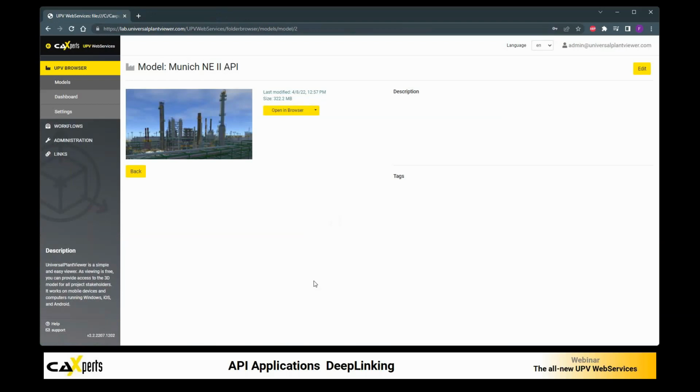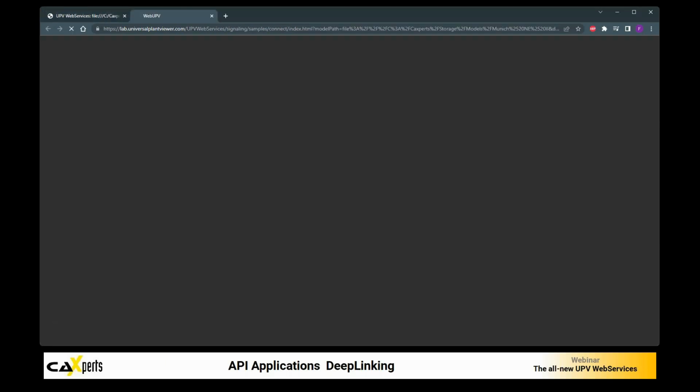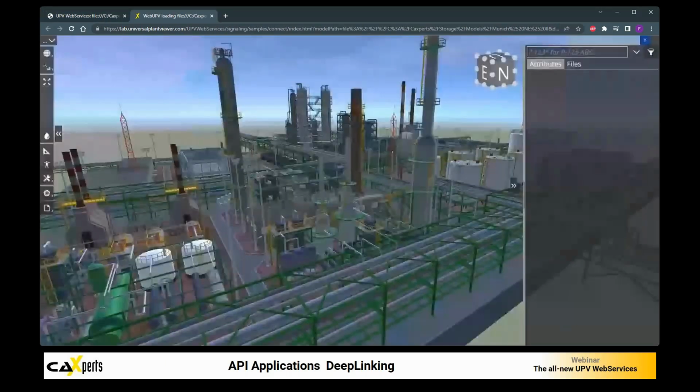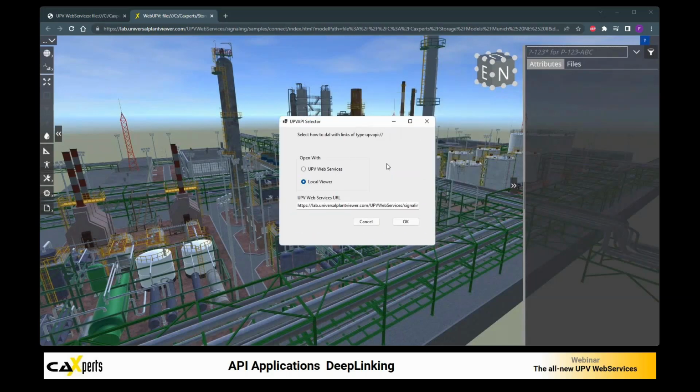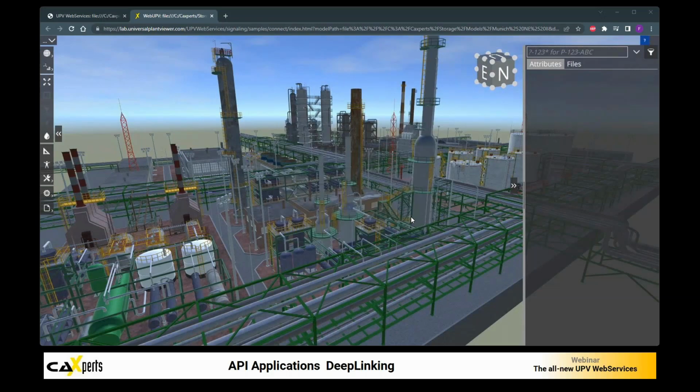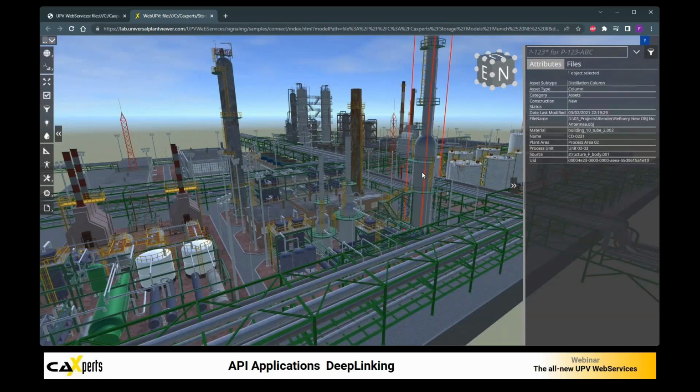And last but not least, we also have an option to use deep linking with browser-based viewing. For this, we have a small application that switches our command or UPV API calls from a local machine to the UPV Web Services. So I started this one up here. Instead of local viewer, all I have to do is switch to UPV Web Services and enter the UPV Web Services signaling server URL, hit OK, and at this moment, we've actually switched our commands to go